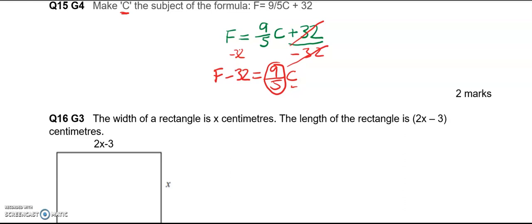And I suggest here that we actually convert this into a decimal. So 9 divided by 5 would give us 1.8. So this is the same as saying 1.8C. So F minus 32 is equal to 1.8 times C. So we multiplied C by 1.8. In order to get rid of it, we're going to have to divide by 1.8. So if I divide both sides by 1.8,